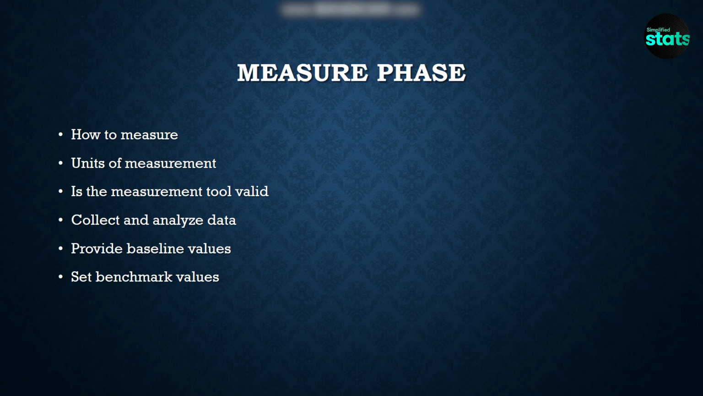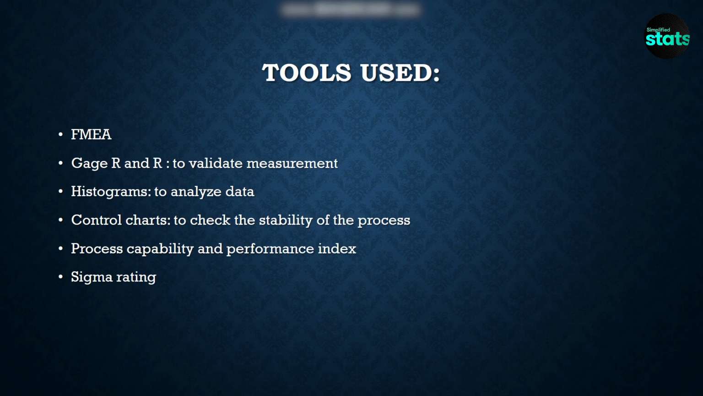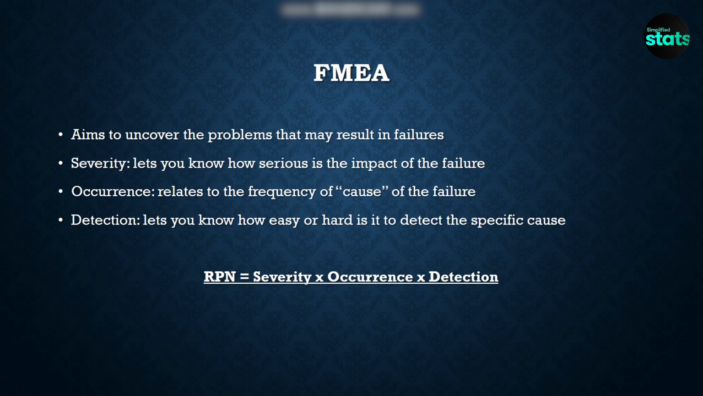Moving to the next phase is the measure phase. You need to understand how to measure the parameter, what shall be the units of measurement, is the measurement tool valid or not. You need to collect and analyze the data, provide baseline values, and set the benchmark values. The tools used in measure phase are FMEA, Gauge R&R, histograms, control charts, process capability and performance index, and Sigma